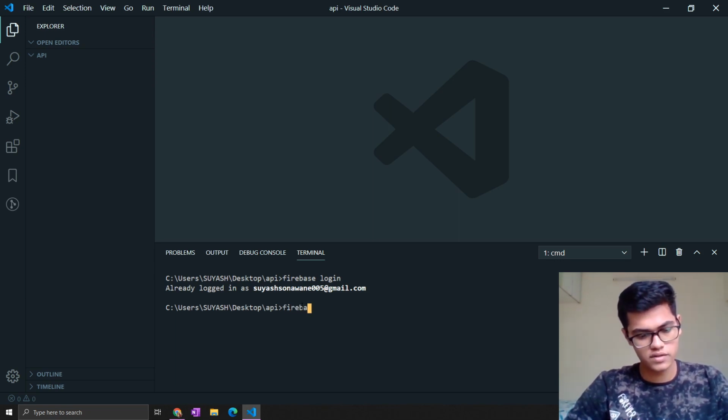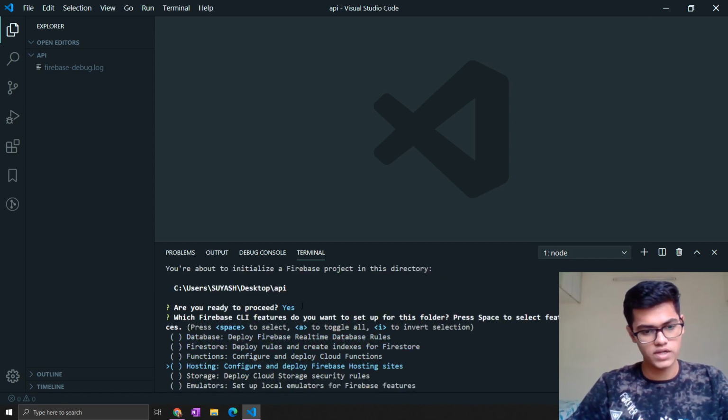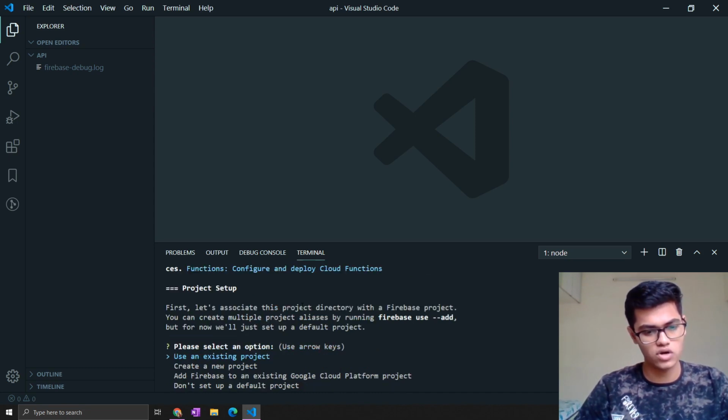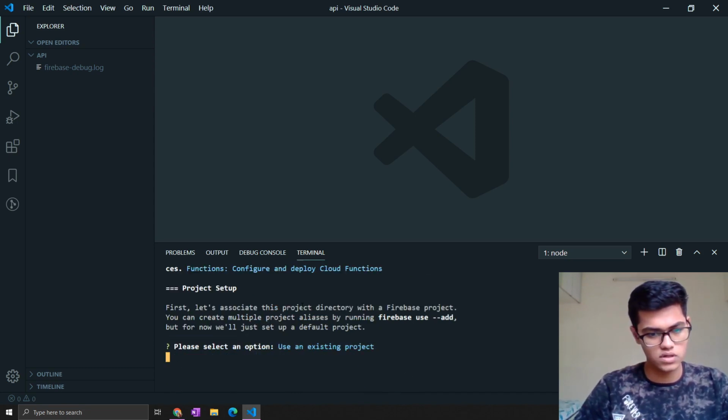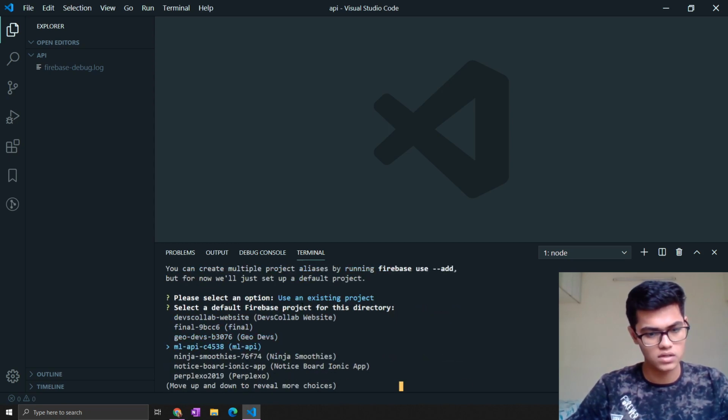After that, run firebase init, which will initialize the required scripts for our Cloud Function development. We only require functions, so you can select this option using spacebar. Also we will use existing project. You can also create a project from this command line.